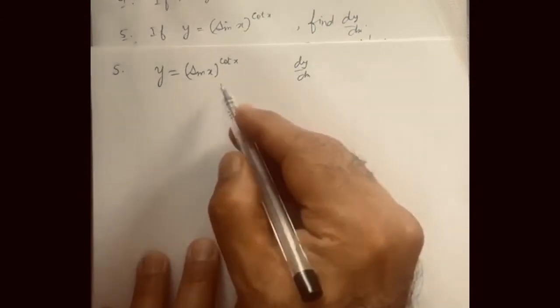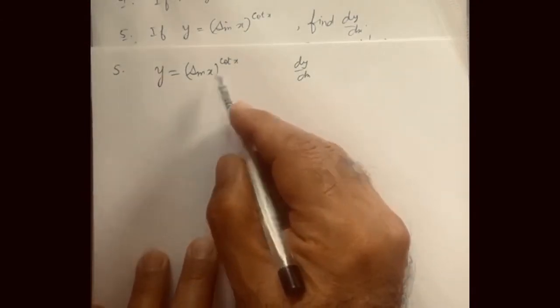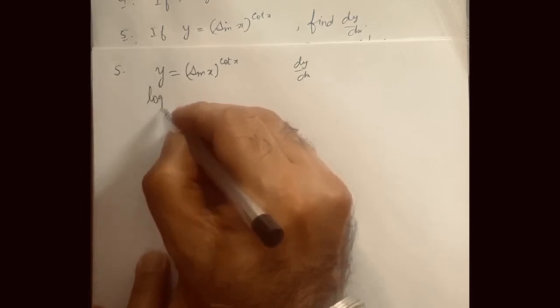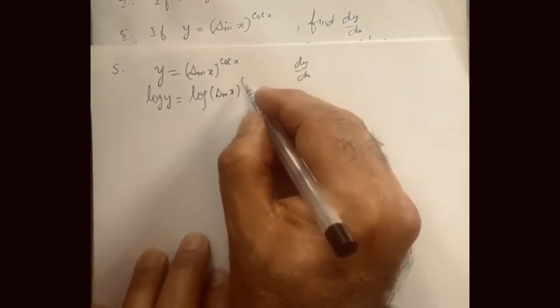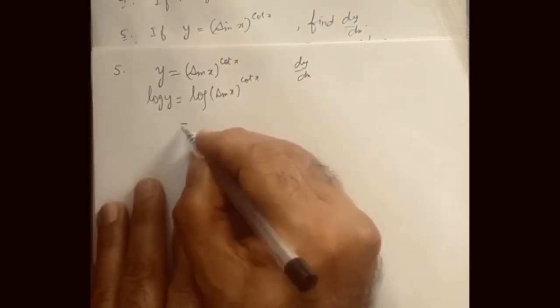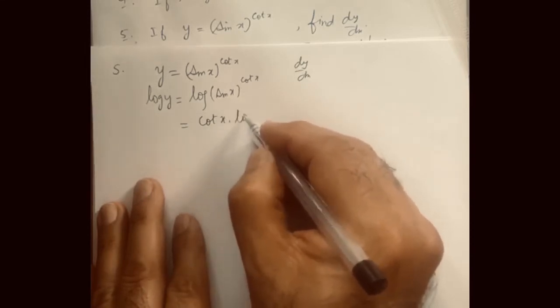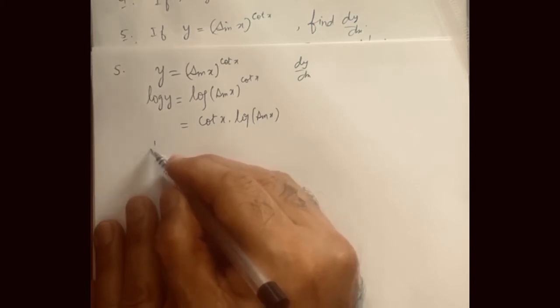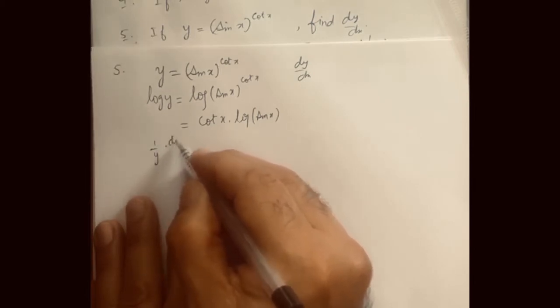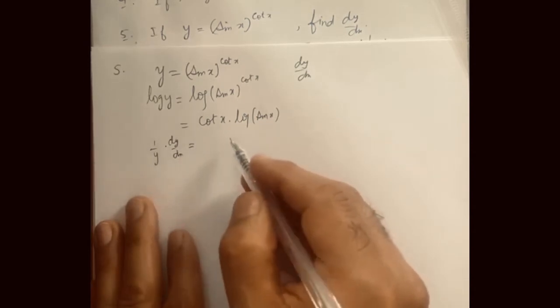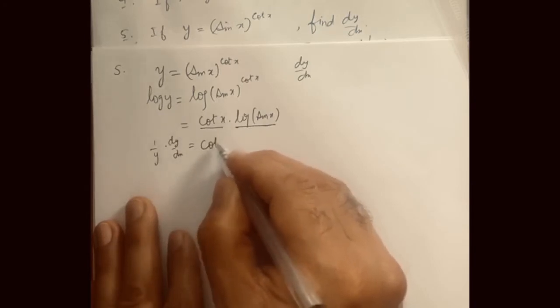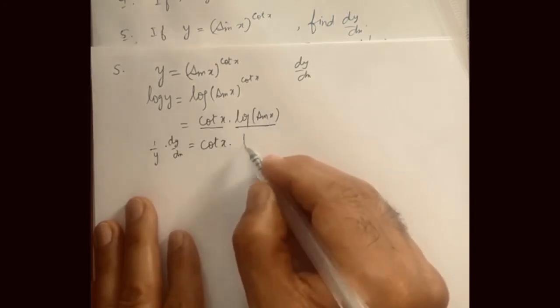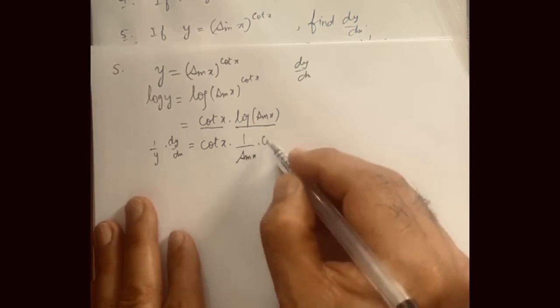Y is equal to sine of x raised per cot of x. This is function raised per function, therefore we take log. Log of y, this is log of sine of x raised per cot of x. This can be written cot x into log of sine x. Differentiating both sides, derivative of log y is 1 by y into dy by dx. Right hand side, this is product of two functions, so we use product rule. First function into derivative of log sine x, which is 1 by sine x into derivative of sine x, which